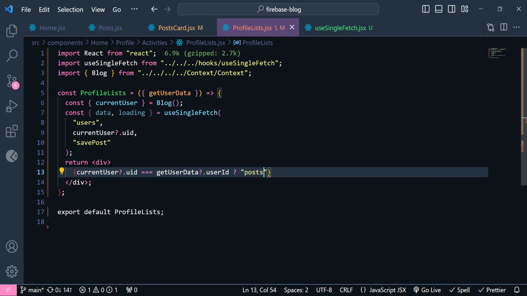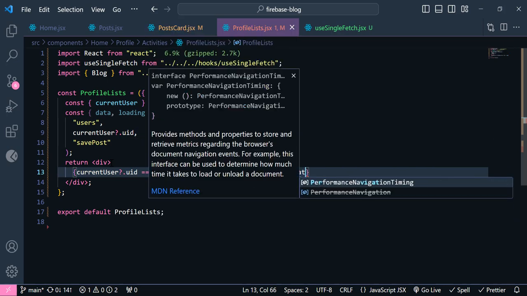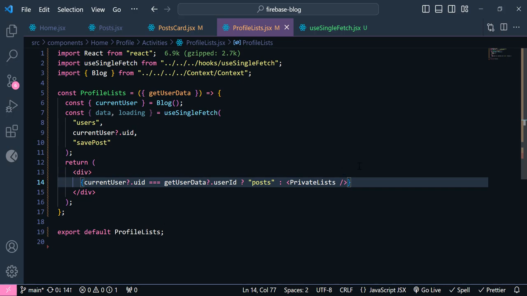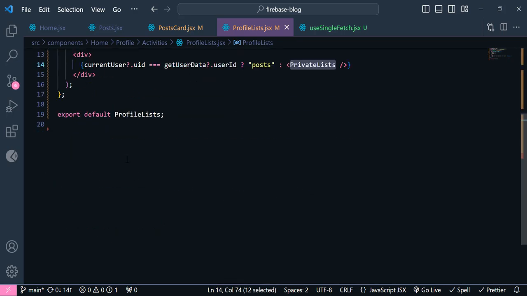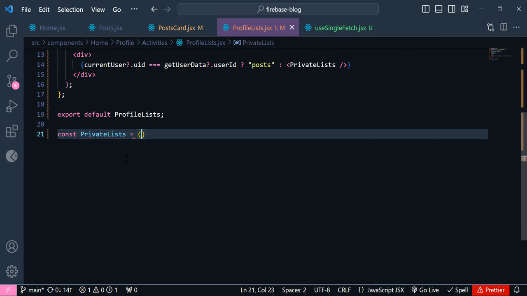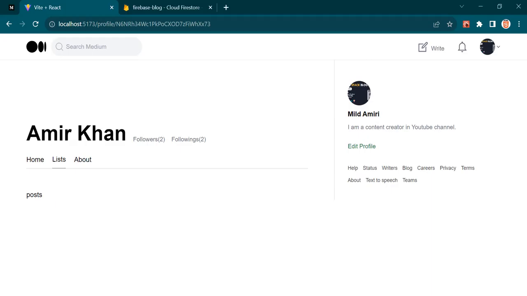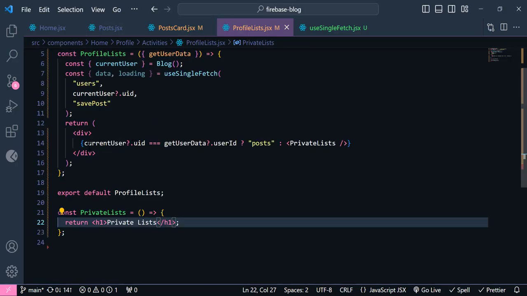Let's say post. Otherwise, I want to display a component called private list. Okay, now let's make this component down here. Now let's check it. As you can see, it is displaying the post because this user ID and this current